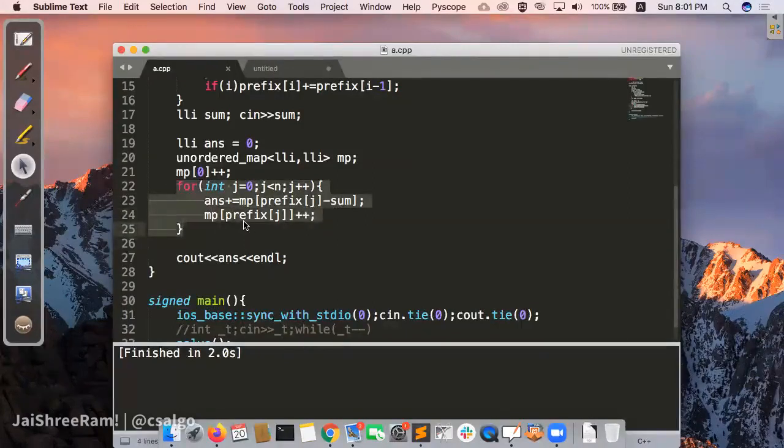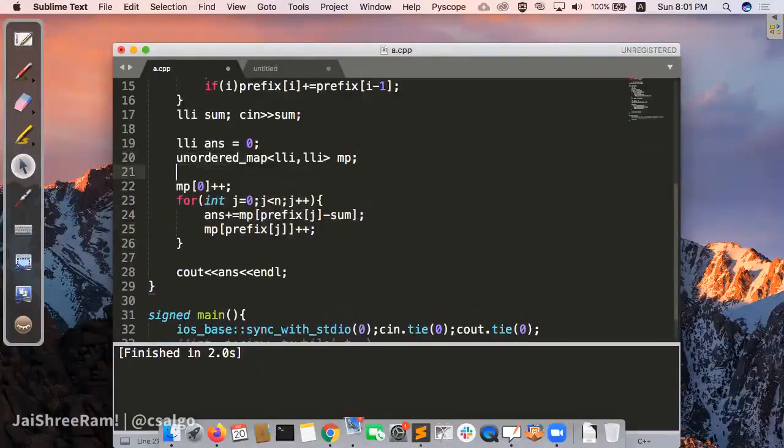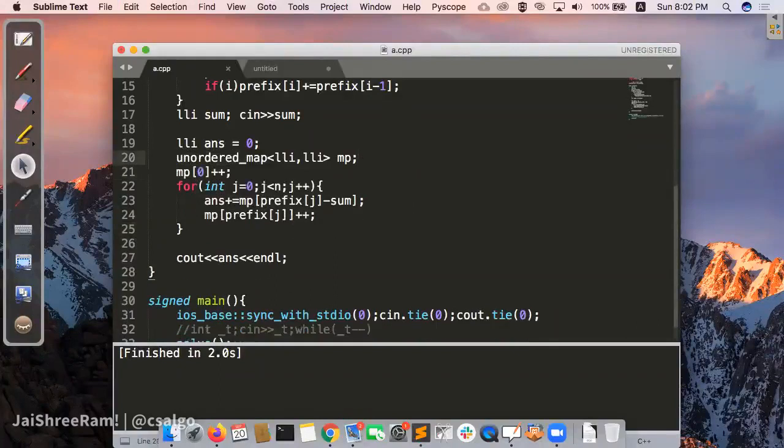So there can be test cases which might fail this. On Codeforces, it is a hackable solution. So don't use unordered map directly. Also, you can optimize unordered map a bit by using map.reserve, and there are a lot of different syntaxes, but you don't need to know all those things. Just use map, that should be safe enough.